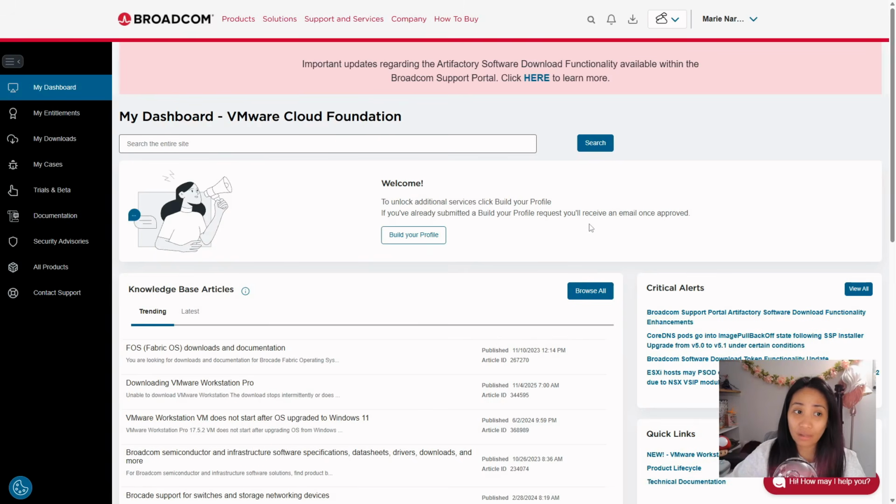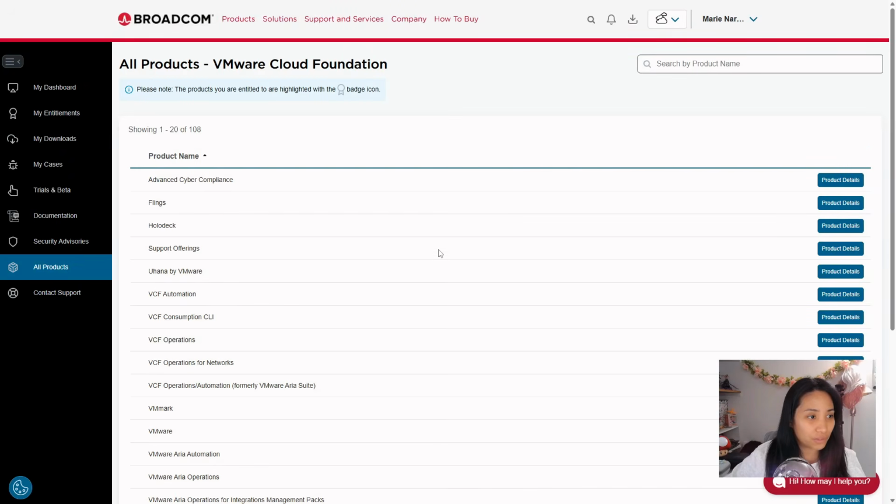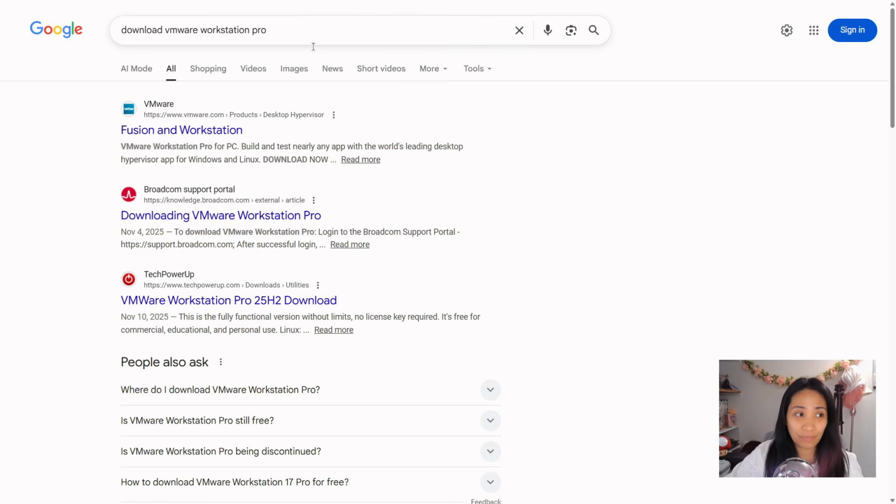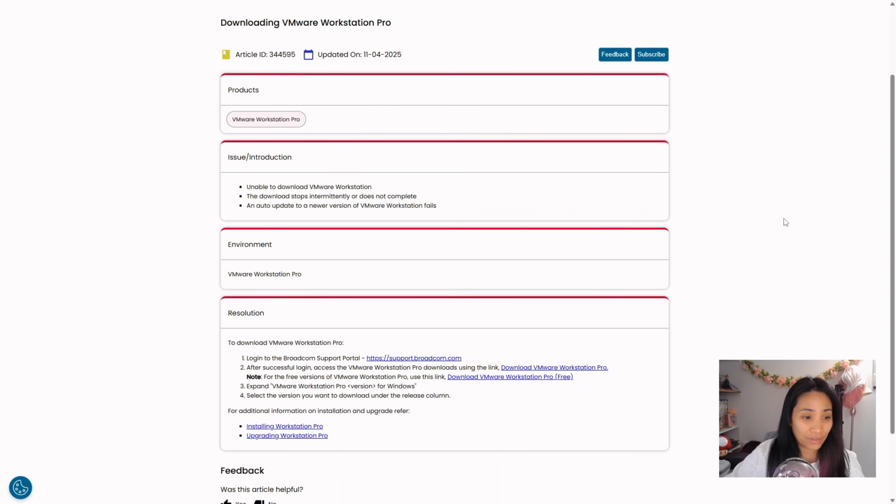Okay, now that you have logged in, it's actually kind of a pain to navigate here because we now lost where the download page is, and it's really not that easy to find it. It's not under all products. So what you can do is to go back to Google search where we typed in the download VMware Workstation Pro, and then go to the next page in here, and then if you scroll down at the bottom,